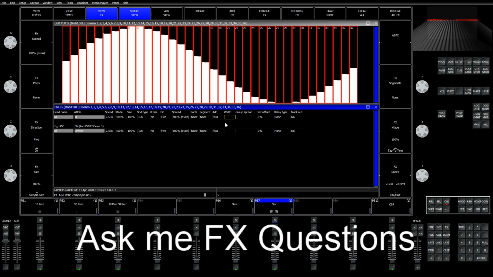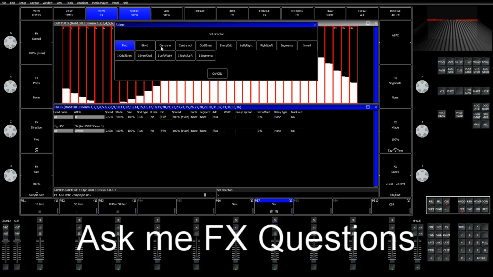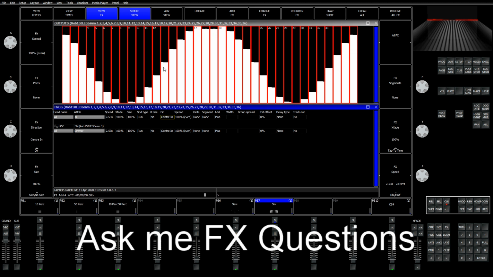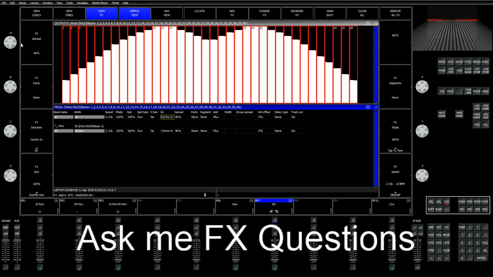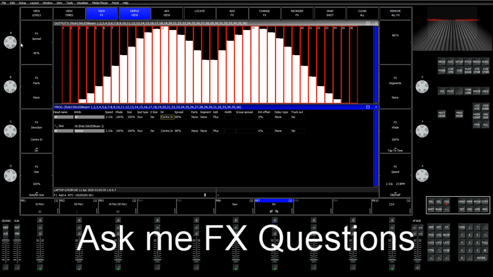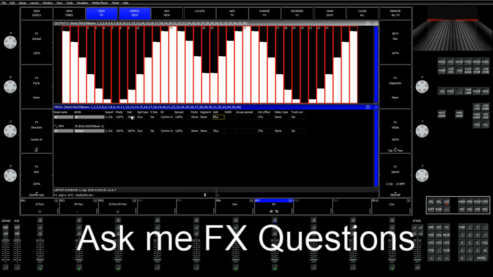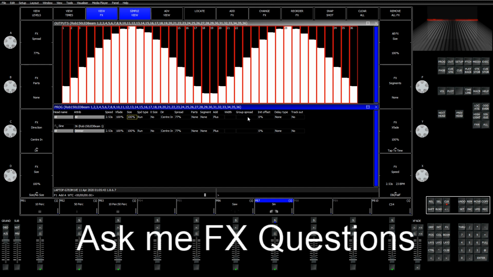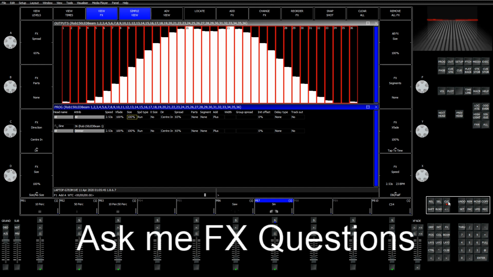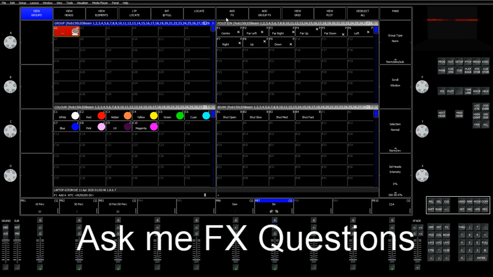My main gripe with it is you can't control width. Center in works. Everything else about it kind of pretty much works, apart from the fact that you've got to change the add mode, change the size, and all that jazz. But if you look at the effect that I've created, you can select your heads,